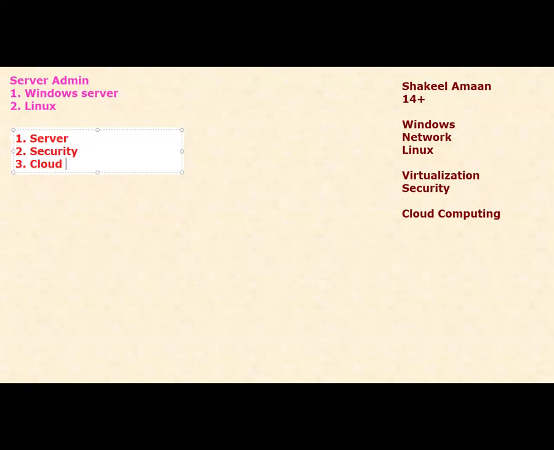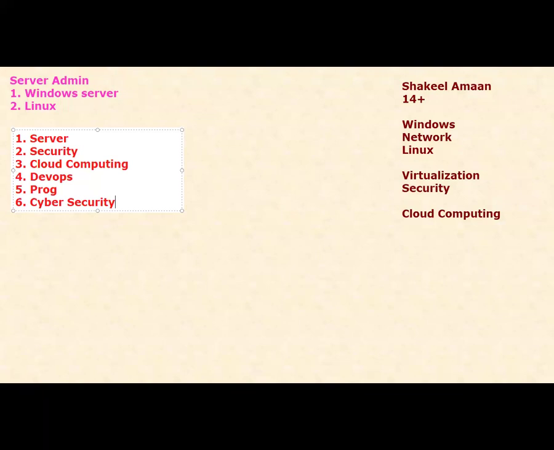If you're interested in cloud computing, you should learn Linux administration. Let's say you're interested in DevOps, you should learn Linux administration. If you're into programming, you should learn Linux administration. Server administration, network administration, security, cloud computing, DevOps, programming. Let me add one more thing here. Let's say cyber security. Everyone should know Linux administration, my friend.